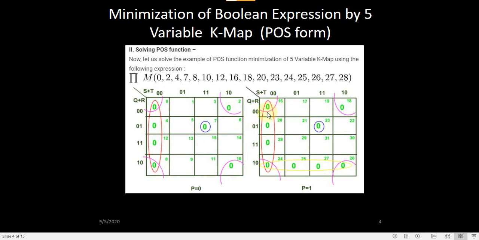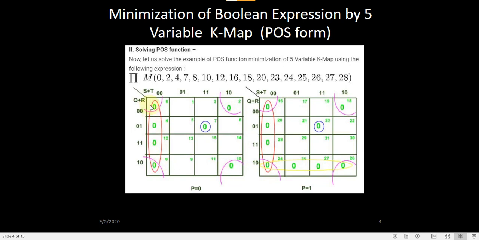So for the zeros, we have clubbed up all the zeros out here, right? All these zeros and all these zeros, so it is common in both these tables. Again, it is the same example, only instead of ones it is 0. So you see the expressions would slightly modify because it is max terms.